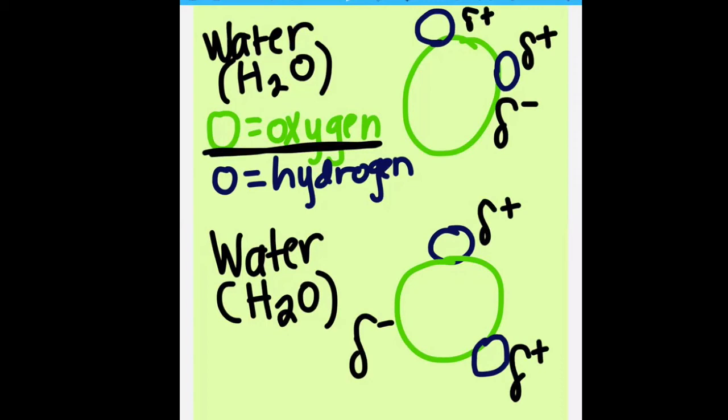So the negative oxygen atom of one water molecule is going to form a hydrogen bond with the positive hydrogen atom of the other water molecule. The oxygen atom of one water molecule, which is partially negative, is going to form a hydrogen bond